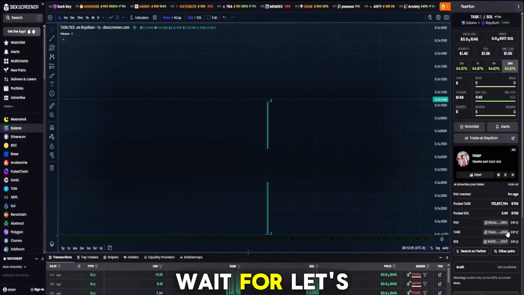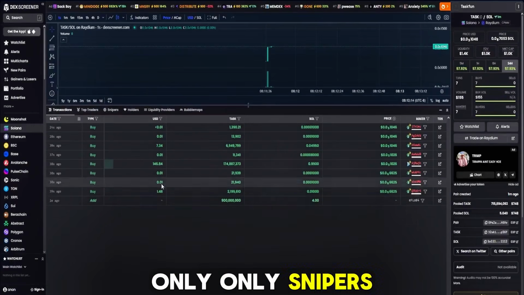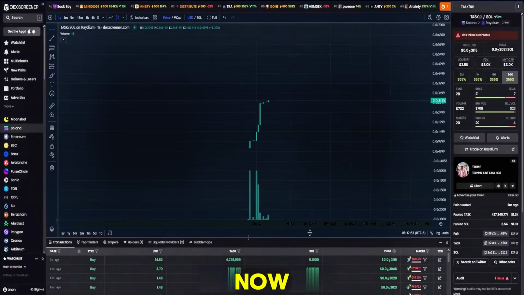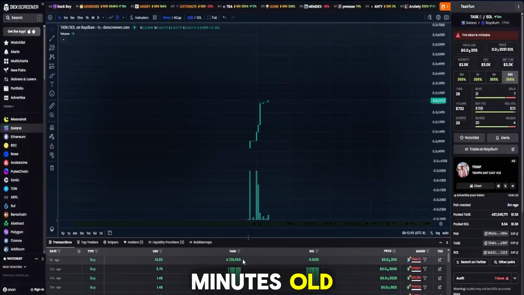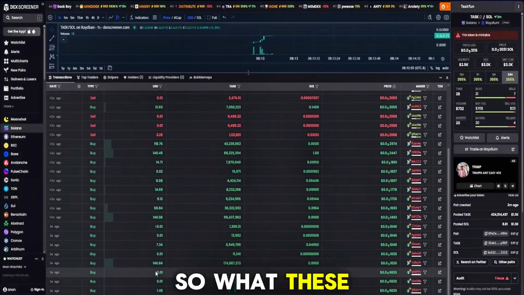Now you want to wait for, let's see here. Okay, so the coin's 1 minute old right now. Only snipers have bought, so you've got a lot of buyers right here. If you wanted to pull this coin right now, the coin is literally 2 minutes old. You can pull it and you can get away with literally all of this. So what these people are invested,